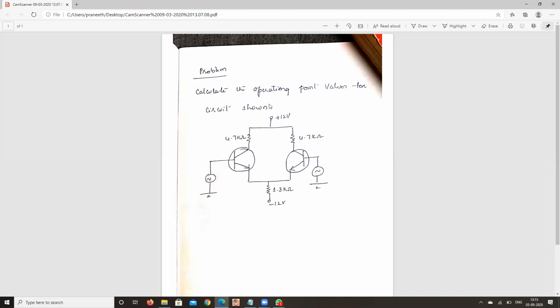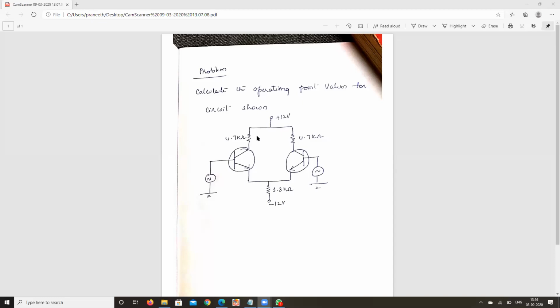What is the formula? You speak out. So what is the formula for the operating point values? First take down the figure, then note down the data that was given over here. I have already told you what data was given.